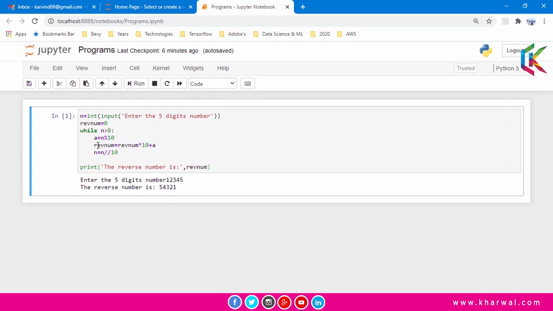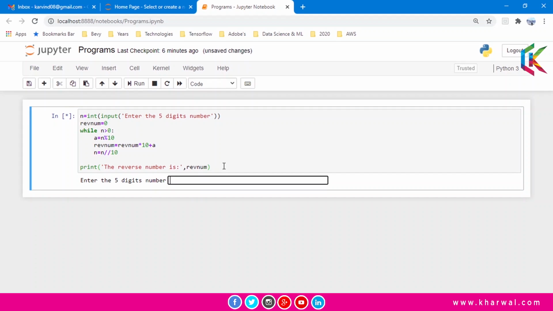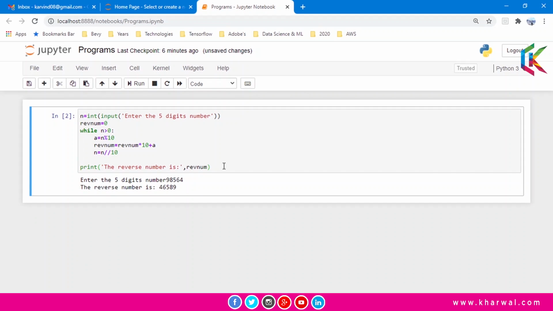Now control will come out from this while loop and will print the reverse number. So guys, now let me run this program again, and now I have entered, let's say, this number 98,564. Now it is giving the reverse number